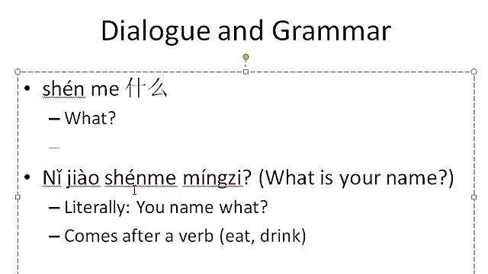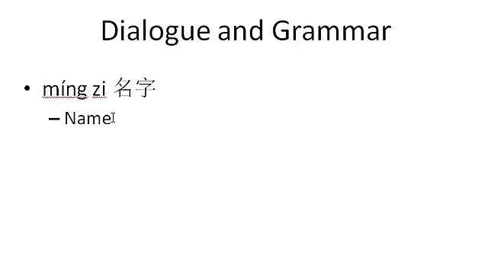Just a note, 什么 may also appear in the beginning of a sentence for a question. And you'll learn more about that later. If at some point in the future you see 什么 at the beginning of the sentence, and you're going to say, hey, the professor said 什么 is in the middle. Well, in some cases it's in the beginning, and in others it's in the middle. 名字 just means name. Someone's name.